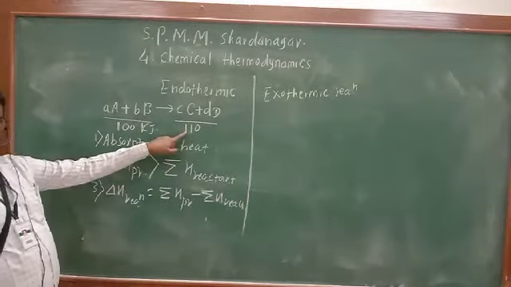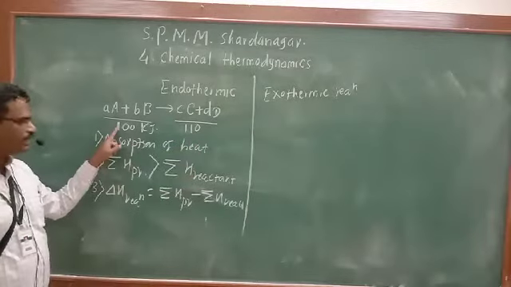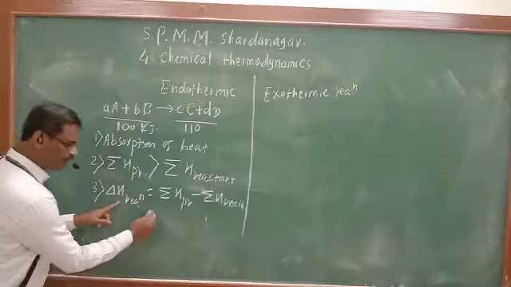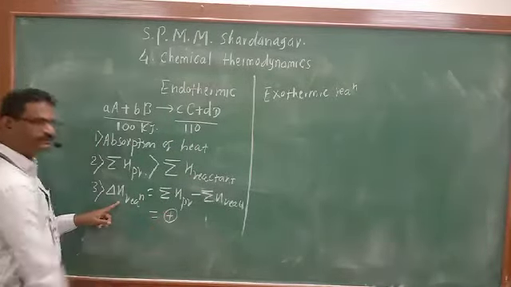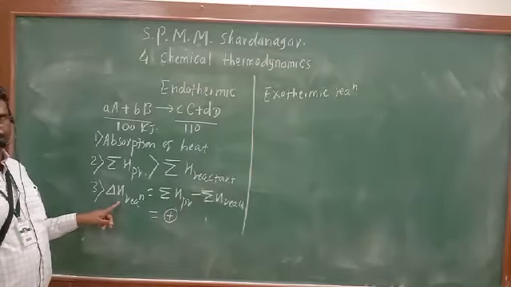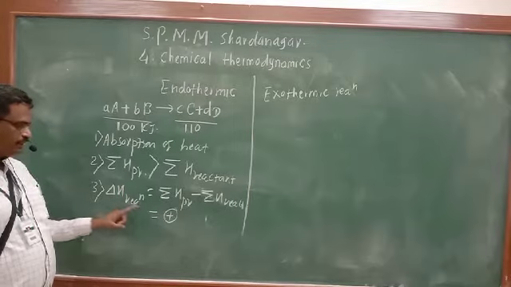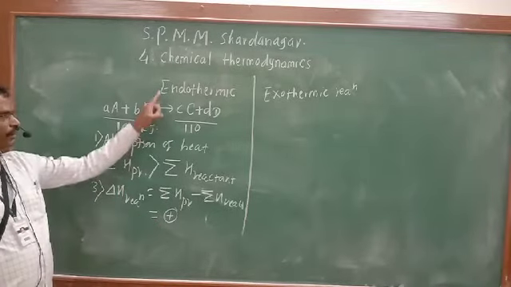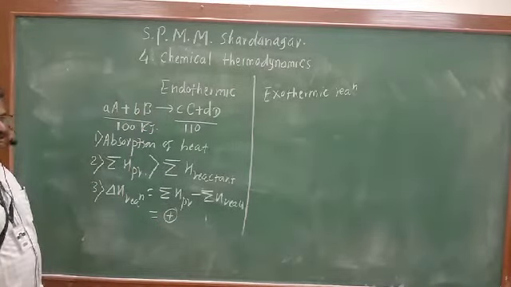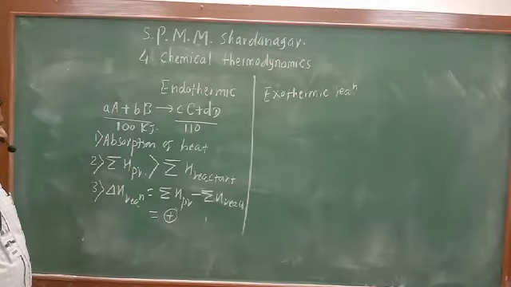Product is 110, reactant is 100. So what is the value of delta H of reaction? It is always positive. The reactions for which delta H is positive are known as endothermic chemical reactions. And now,